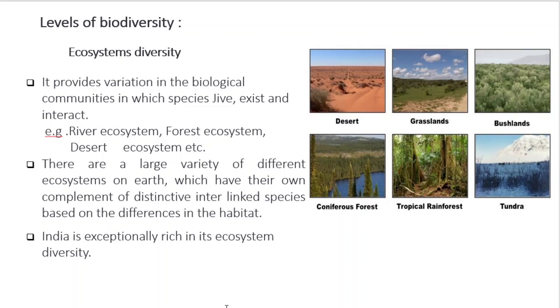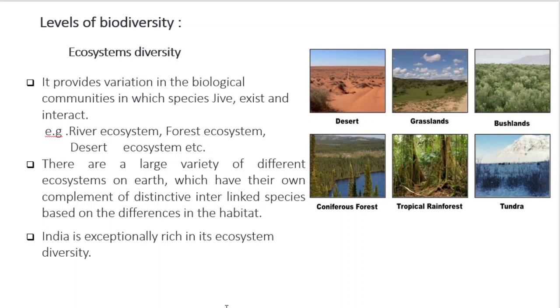It provides variation in biological communities in which species exist and interact. For example, river ecosystem, forest ecosystem, desert ecosystem. There are a large variety of different ecosystems on Earth which have their own complement of distinctive interlinked species based on differences in the